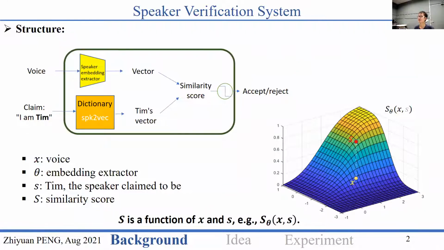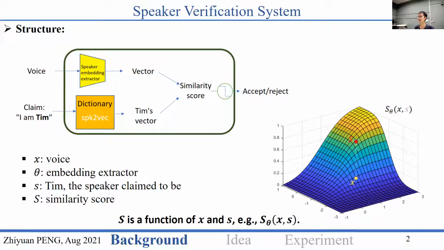Here we introduce the common structure of a speaker verification system. The inputs are human voice associated with a claim to his identity. The output is an accept-reject decision. Inside the system, there is a speaker embedding extractor that converts the voice into a fixed-dimensional vector that captures human